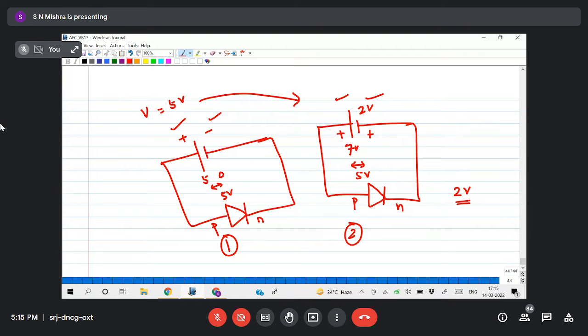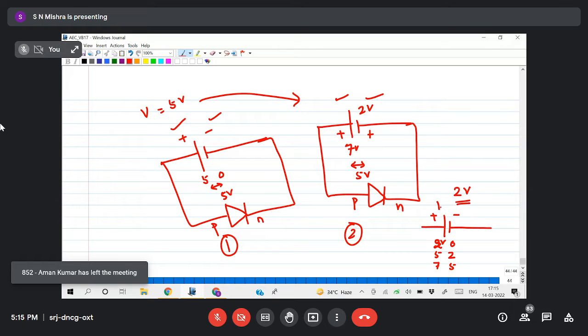Not like that, one is positive, one is negative. I cannot say one is positive, one is negative always. Suppose I say this is 3 volt, this is 2 volt, 0 volt. I can write 5 volt, 2 volt. I can write 7, 5. I can write 1 and minus 1 volt, or anything which can clarify the potential difference between these 2 points is